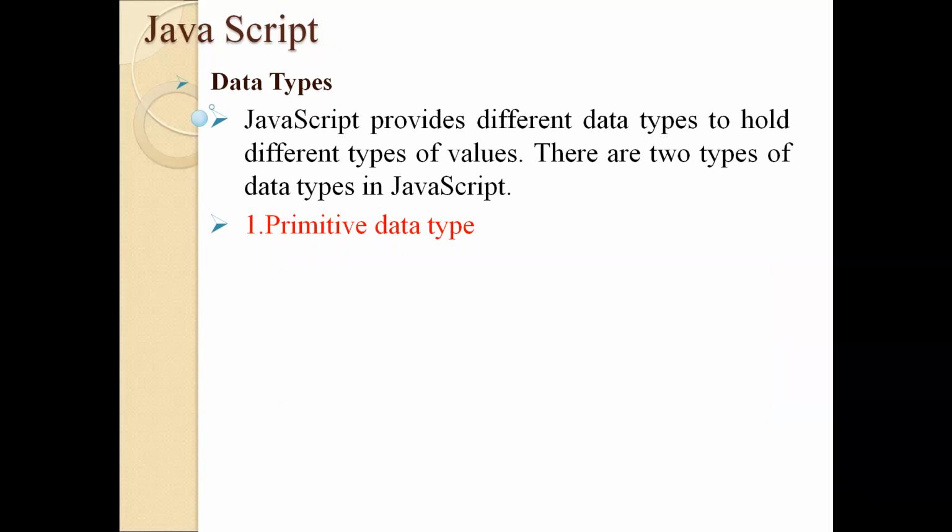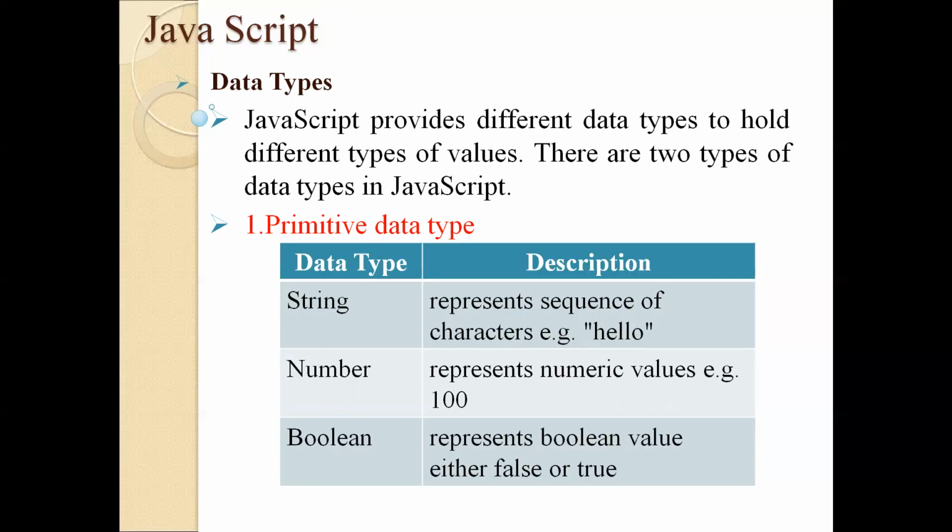Right? So string, in the sense we all know, a sequence of characters or a collection of characters is called a string, where we define the string within double quotes. And number represents some numeric value. It may be 1, or 100, or 1,000, or 10,000. It represents a numeric value. And boolean, we are all familiar with this one. We have used boolean in all the programming languages which we have previously studied. It represents only two values, either true or false.